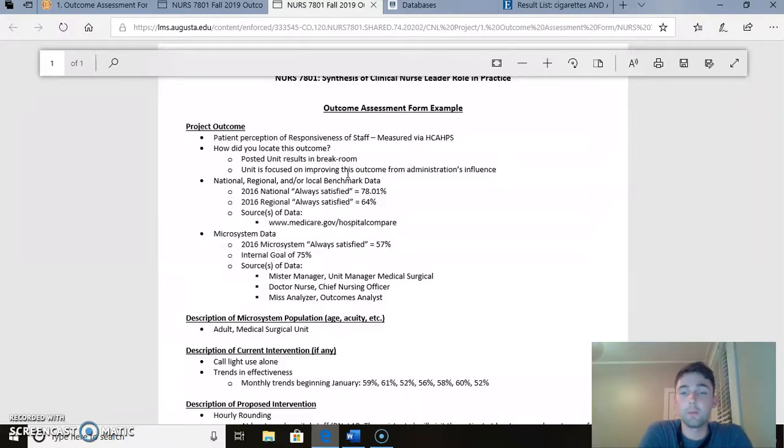This actually dictates how much funding we get. So if we get poor scores on HCAHPS, our hospital gets less funding from the government. So this is a really important topic. As you can see, this unit,